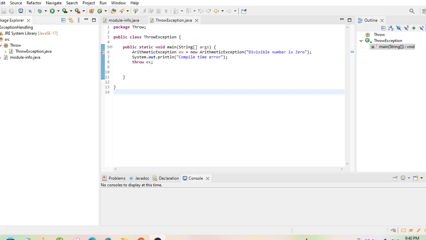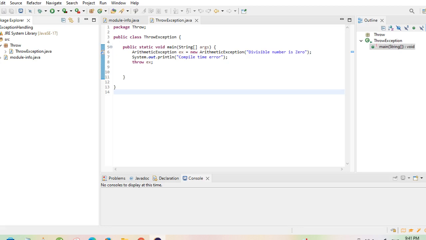The throw keyword is used in Java to raise an exception explicitly at runtime. The inbuilt methods will throw an implicit exception. If you want to throw a specific exception, like this arithmetic exception, where the number the user passed is 0, you cannot divide a number by 0. In this case, you can explicitly pass some content to the user with the exception handling.